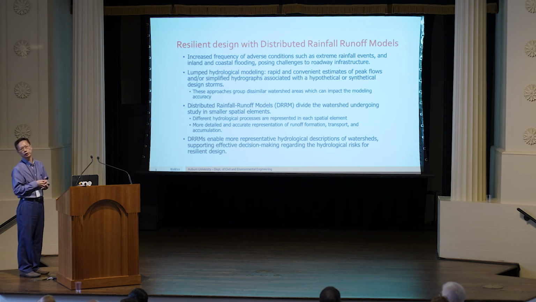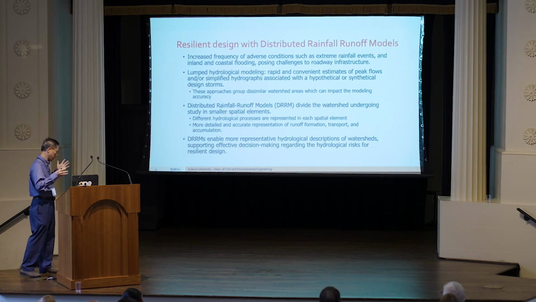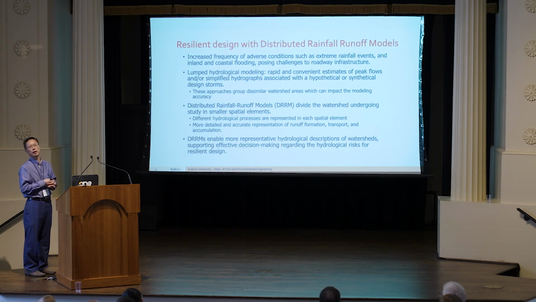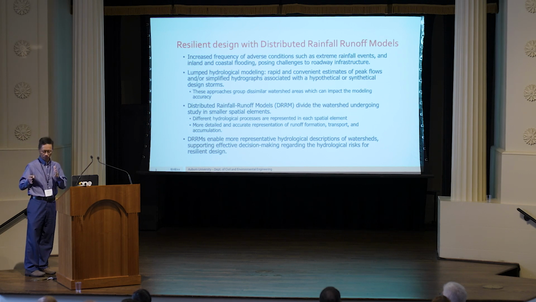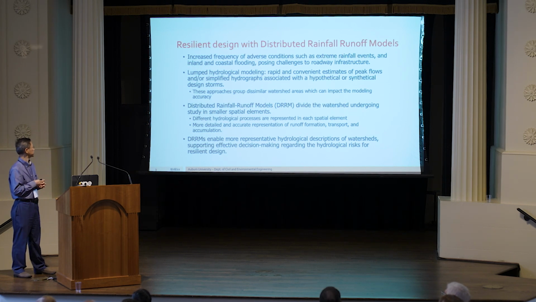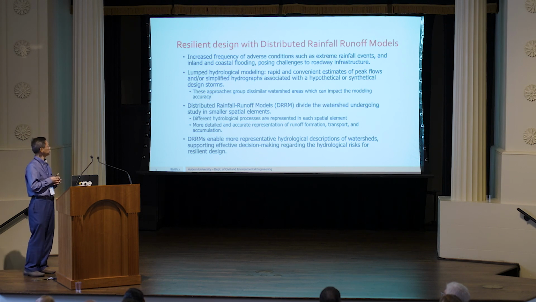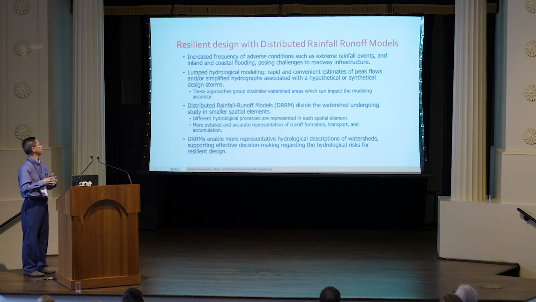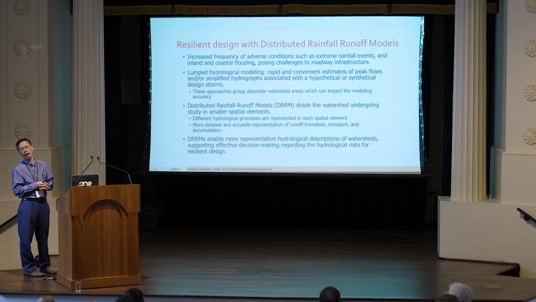So one type of model we call the lumped hydrologic model. Basically, it is a rapid, convenient estimate of peak flows, sometimes giving you simplified hydrographs, and typically associated with some hypothetical or synthetic design storm, because that's for most DOTs for the design, okay? So basically, these approaches try to group or lump some dissimilar watershed areas together as one watershed. So for distributed rainfall runoff models, DRRMs, we talk about the spatial